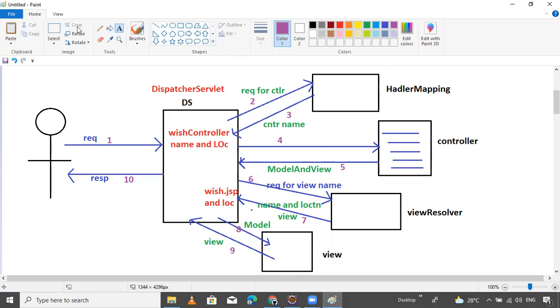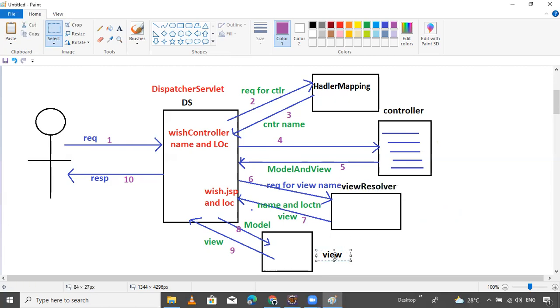Okay, this is the handler, controller, view resolver, and view part.